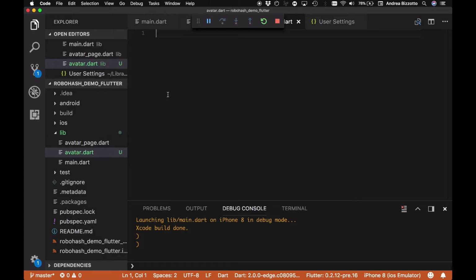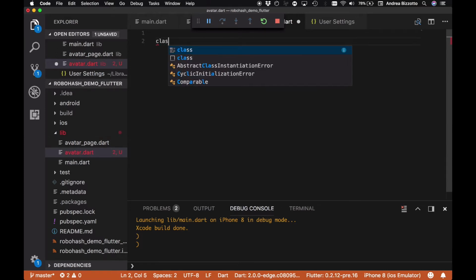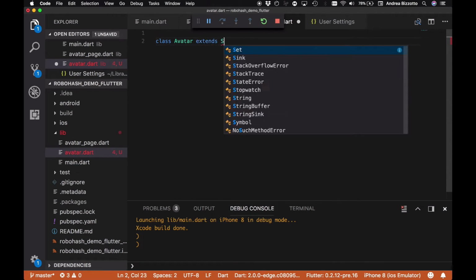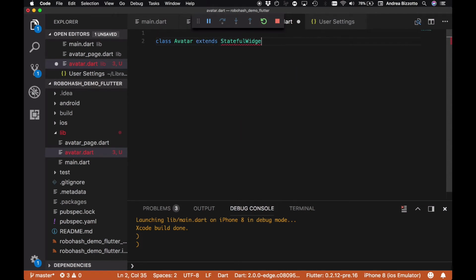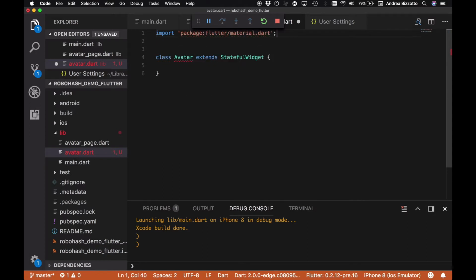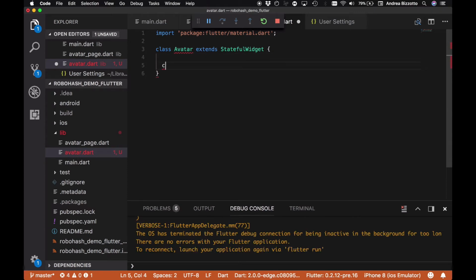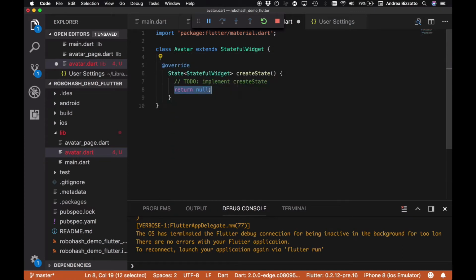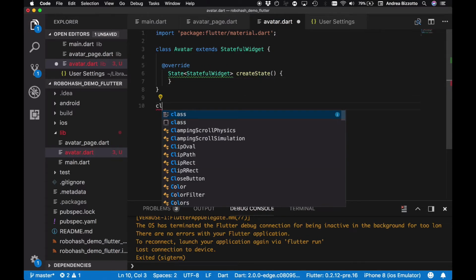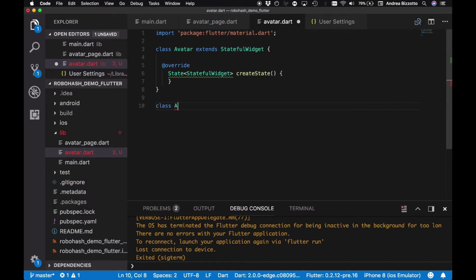And inside here, we're going to add some code. So we're going to create a class Avatar, which in this case will extend StatefulWidget, and I'll show you in a second why that needs to be a stateful widget. As usual, we need to remember to import the material package from Flutter, and as usual, because this is a stateful widget, we need to implement a createState method like so, and we are also going to need an AvatarState class,